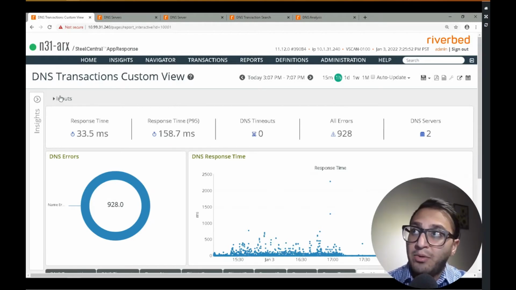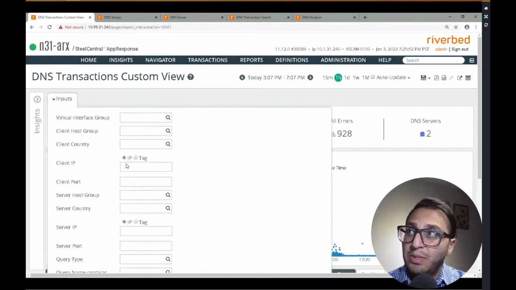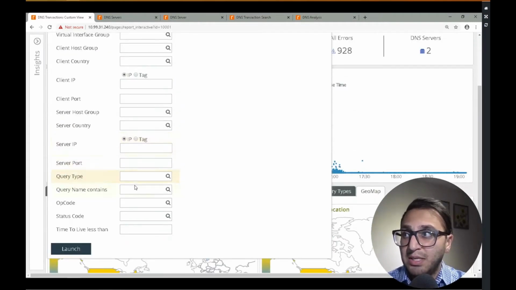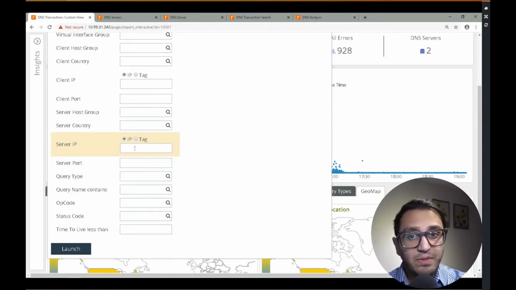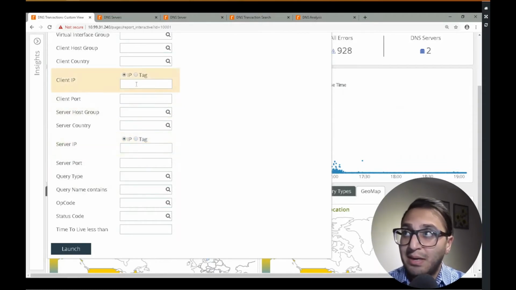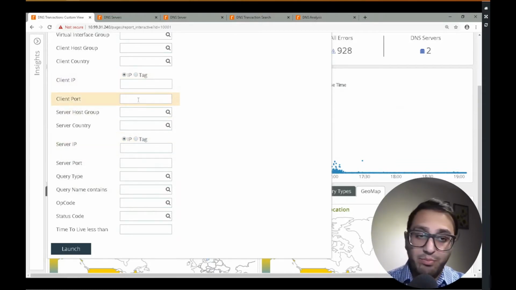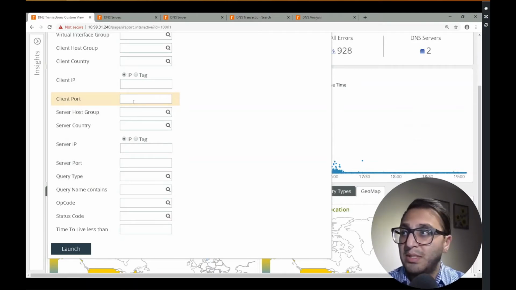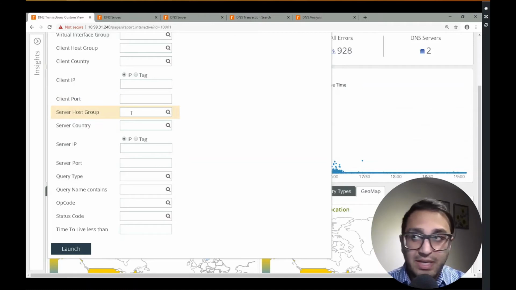So for that, AppResponse provides you with these input filters. Essentially, these are filters for you to limit the IP address of the DNS server by the clients, or the ports for the clients that they're connecting to, the TCP or UDP ports, that is the server, a DNS server, or host groups. And these are some of the particulars on how AppResponse does the grouping of IPs. So host group,